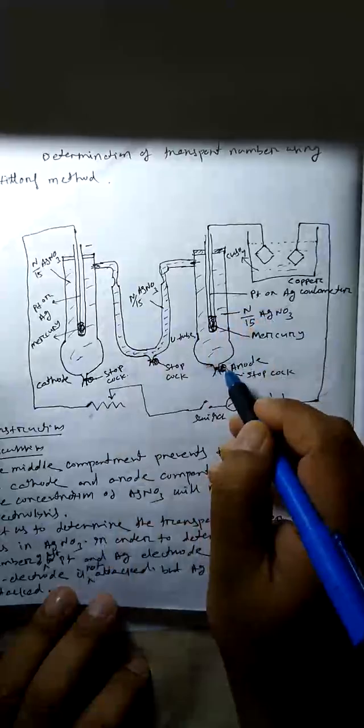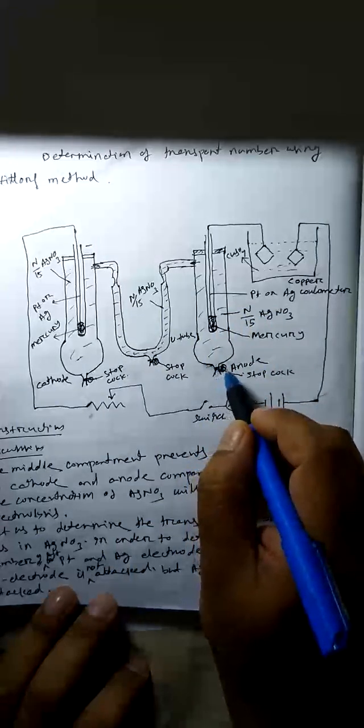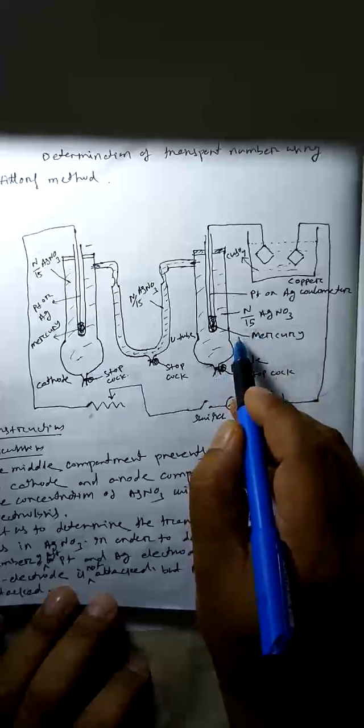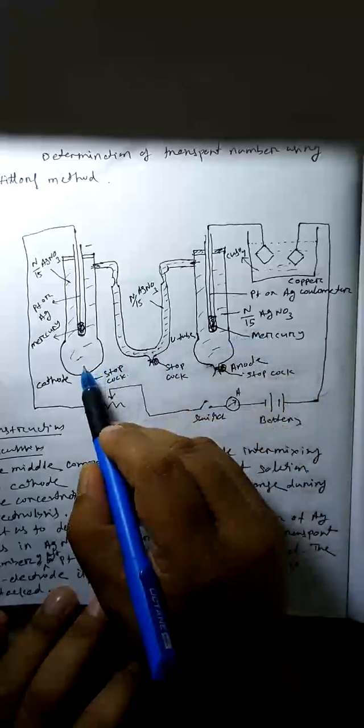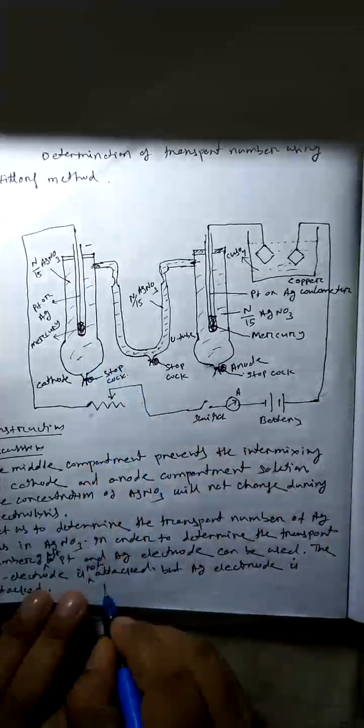Once you remove the anodic solution and determine it by titration, there is no need to find out the concentration present in the cathode, because you know that